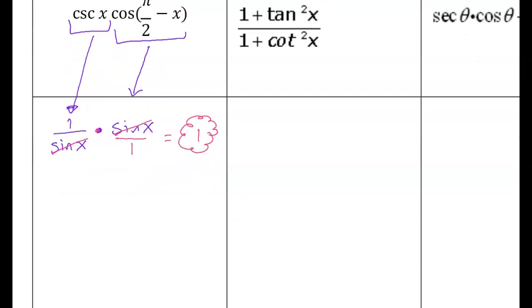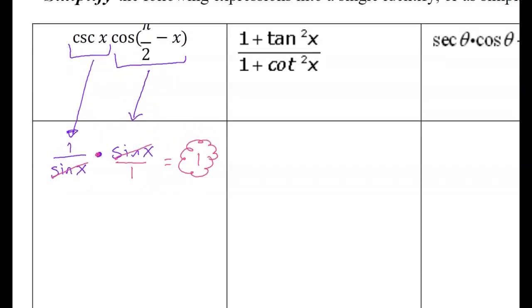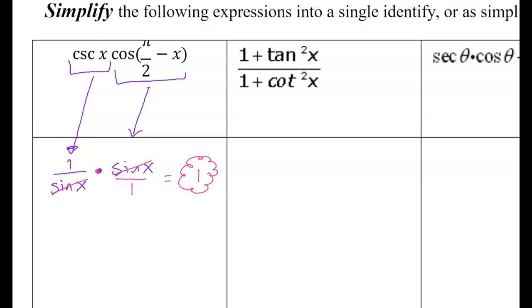Okay, number 2. I have 1 plus tangent squared of x over 1 plus cotangent squared of x. Now remember, if I was to look for this entire thing on my trig activity sheet, I wouldn't find it. I'm going to tell you right now, you should search to see whether this is an identity, and it's not. However, when I split it into 2 separate things, I'm looking for just the numerator,